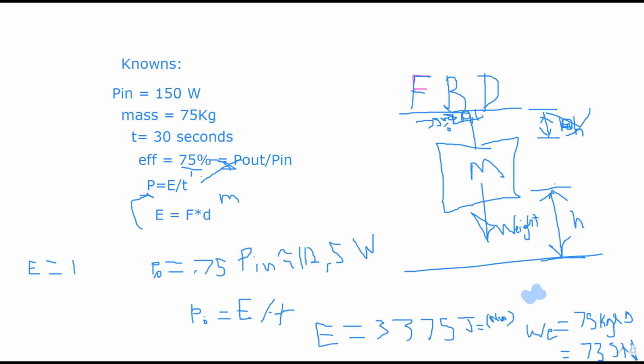So if I divide 735 newtons into 375, I get D is equal to 4.59